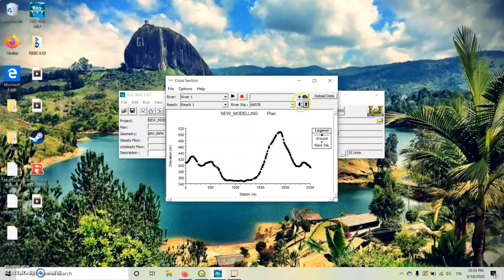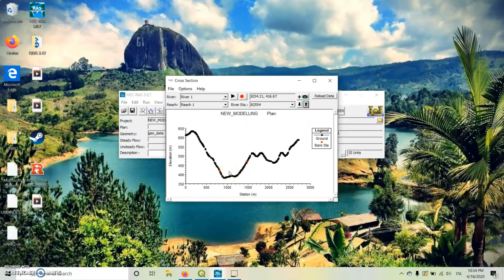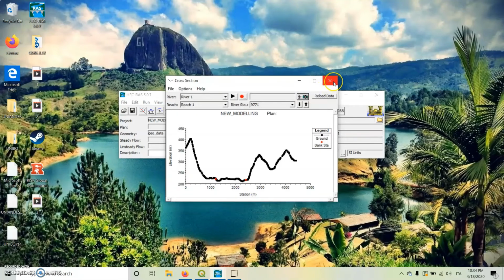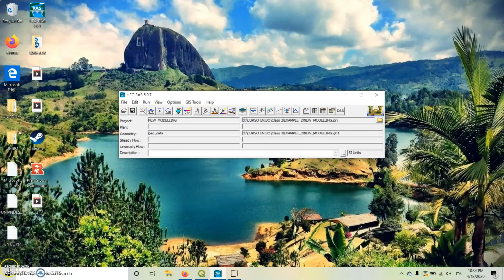Here the red dot that you can see in each cross section represents the boundaries of the river in the right and left part. You can change it if you have, I don't know, surveys or data of your river. You can change them, and also you can add photographs of the place that you are modeling in exactly the exact part that you were making the survey. We can close in here, and the next step is to